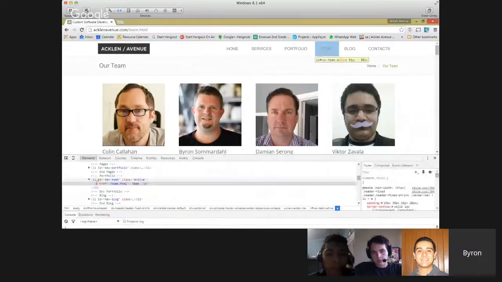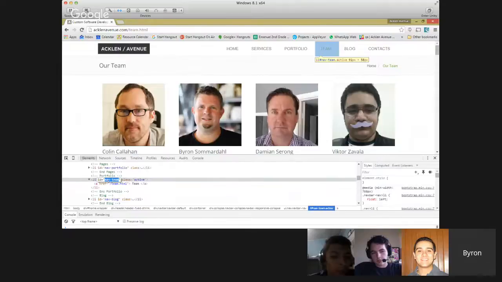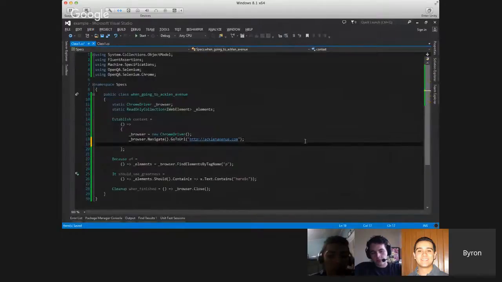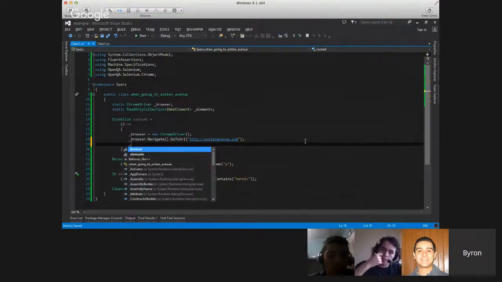So I'm going to inspect the element and see if I can find one. All right, this element, list item, ID nav team. So that makes it super easy for me. So I'm going to kind of break some of the testing rules here. I'm just going to kind of stuff things into the established test just to get them. So I'm going to say